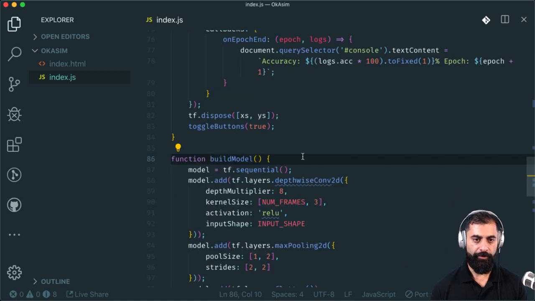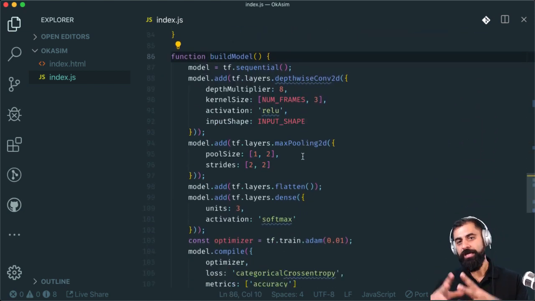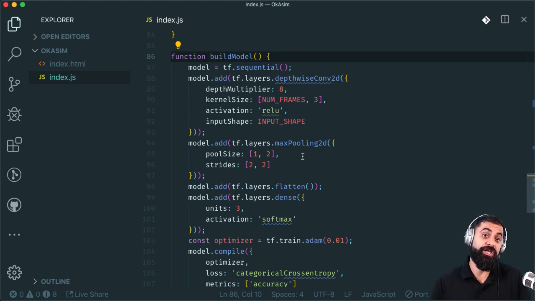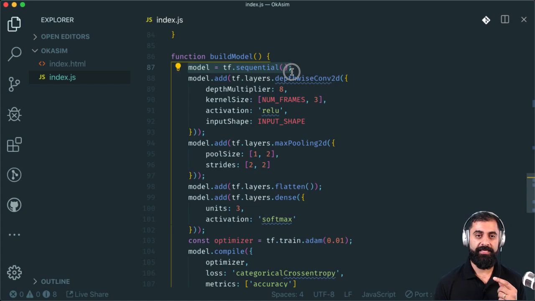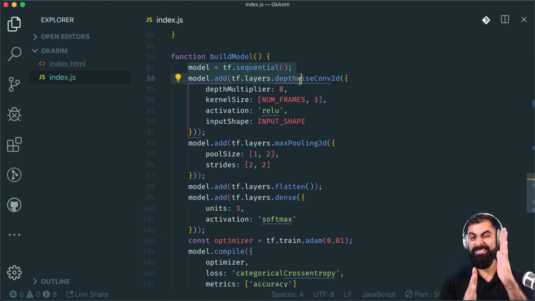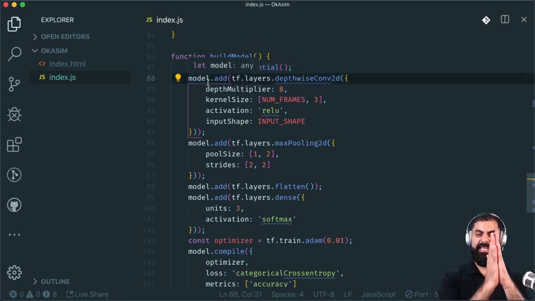It then calls build model, and this is the actual TensorFlow model. When we talk about model, we talk about a machine learning model. I'm not going to go into this one; there are other lectures of mine where I talk about that, and I will talk about this in future lectures, I promise. But for this one, it's basically creating a sequential model, which is kind of like layers of things.